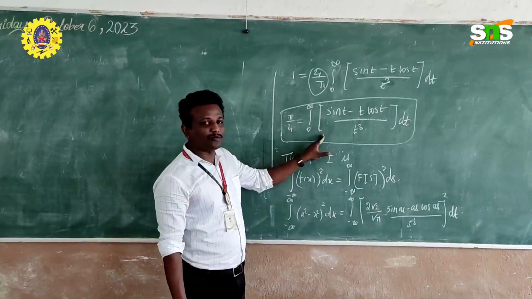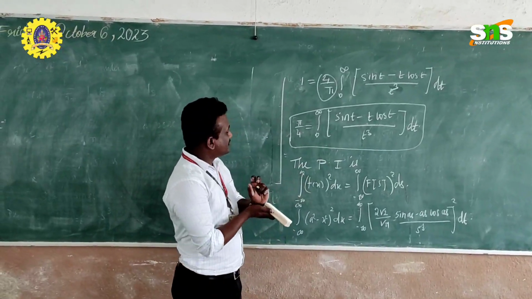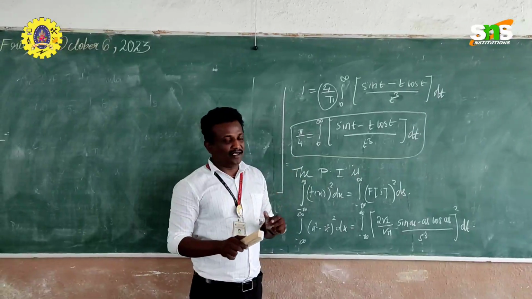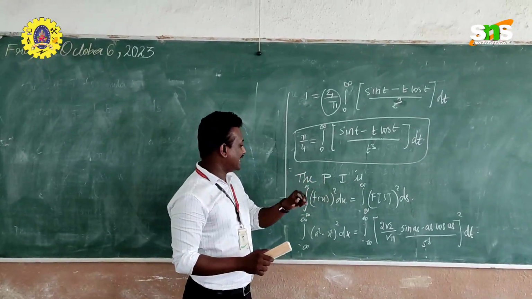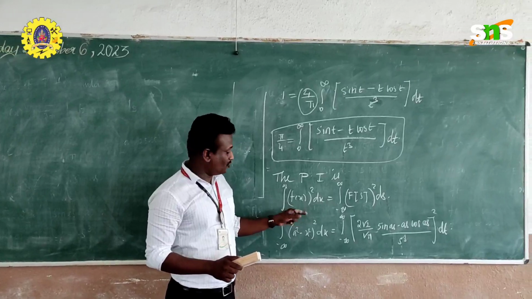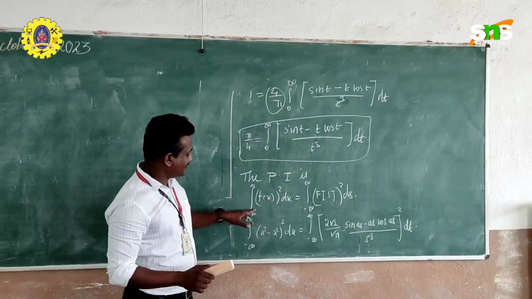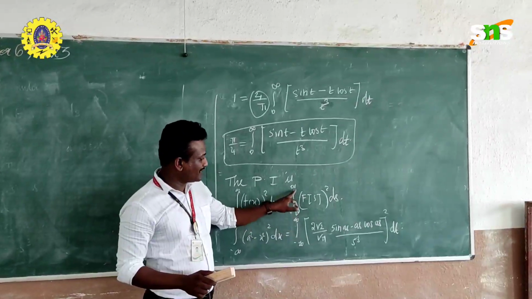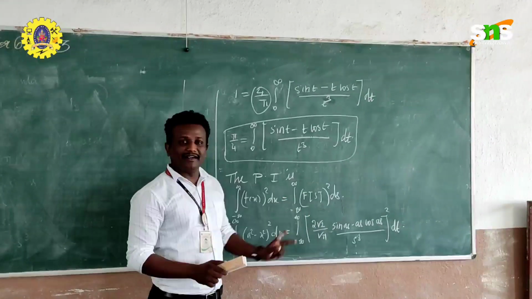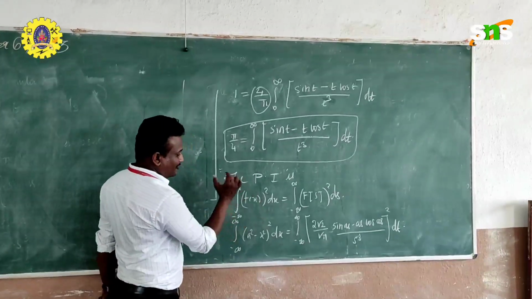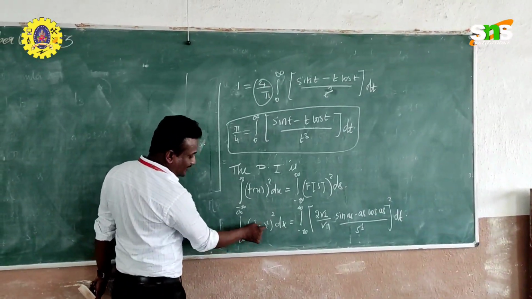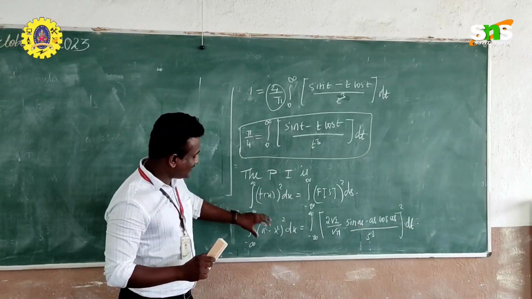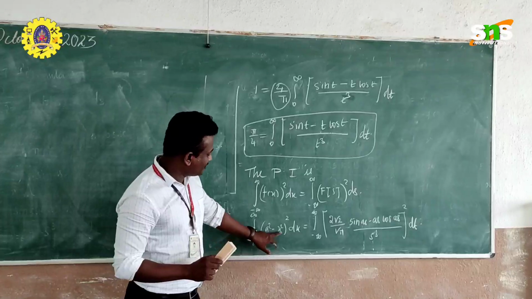First result, the deduce part, we have done. Next, by using Parseval's identity, we have to deduce one more result. For that, first I have to write the Parseval's identity formula. It is the integral from minus infinity to plus infinity of f of x whole squared dx equal to the integral from minus infinity to plus infinity of f of s whole squared ds. We know very well what f of x is. Our f of x is a square minus x square, which is given in our question itself. From the question I have taken a square minus x square, the whole square.